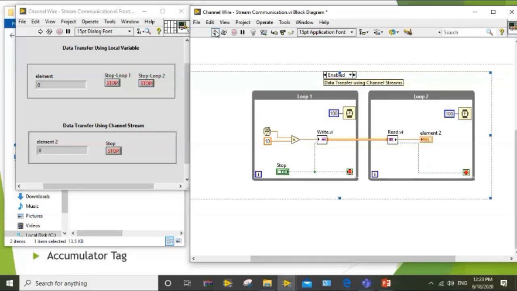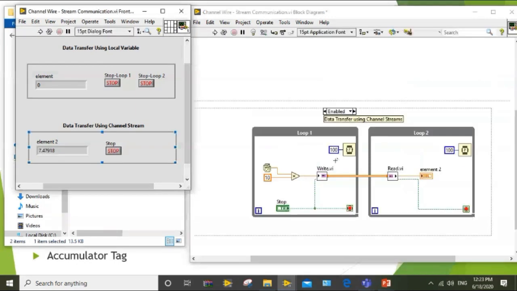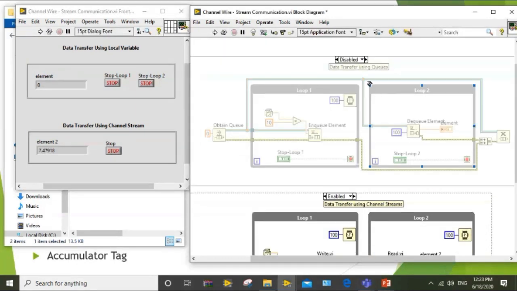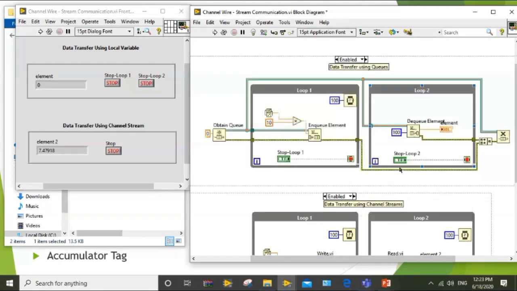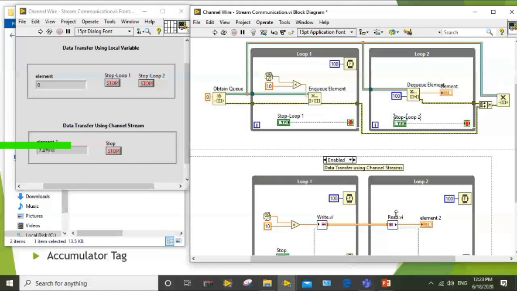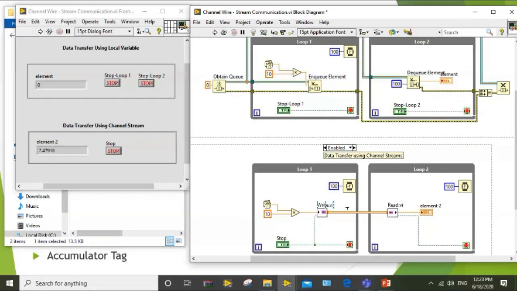I'll run this code, and you can see the value updating, and I click on stop. Between the two sections of the code, you can see that the upper one where we used a queue has so many nodes on the block diagram, whereas when we use channel wires, there are very few nodes, just two. This is the advantage of using channel wires.